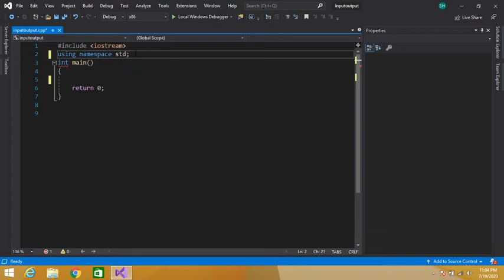Today we are going to study about friend classes. So what is a friend class? A type of class whose member functions are allowed to access the private and protected data members of a particular class is called a friend class. As we know, normally we cannot access the private and protected data members of any class outside the class, but using friend classes we can do so.